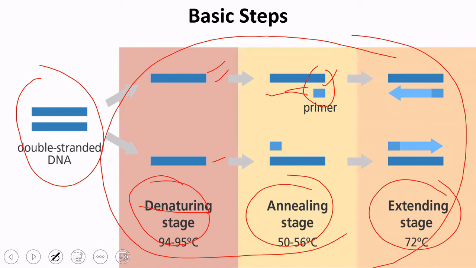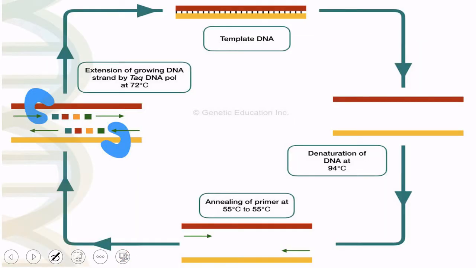So one cycle of PCR consists of three steps: denaturation, annealing, and extension, or you can call it elongation. Now, this whole process occurs in a cyclic manner. Cyclic manner means in the thermal cycles, I have told you it is going to occur in a cyclic process. So first we start from this place. We have a small DNA fragment. This DNA fragment in the first denaturation step is separated into two different strands.